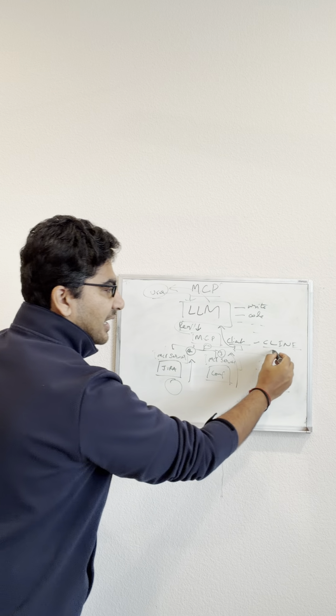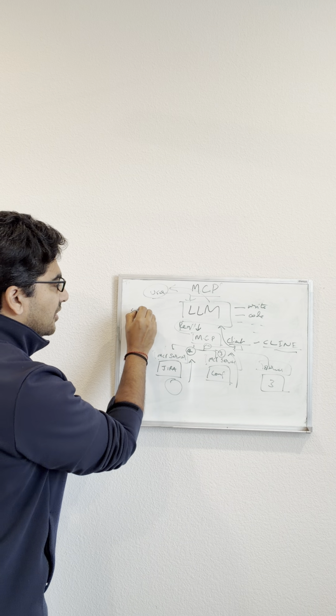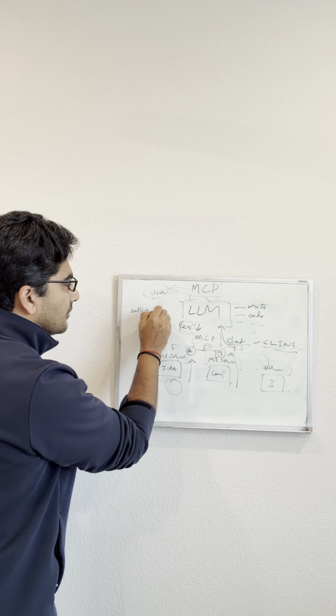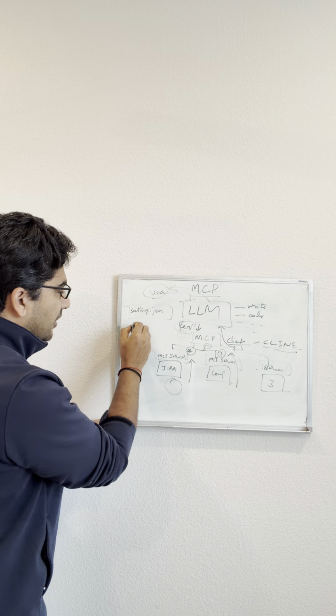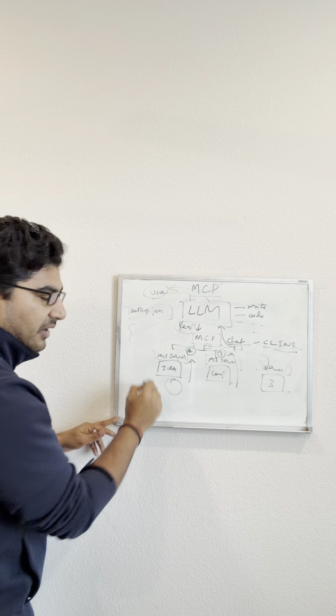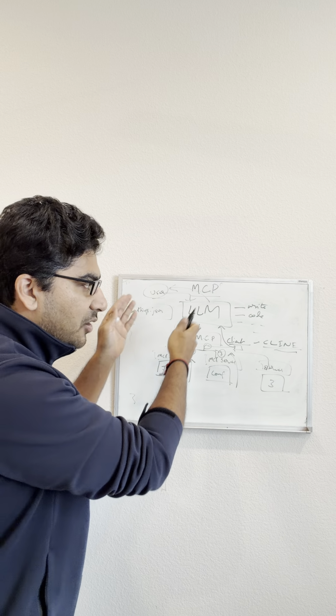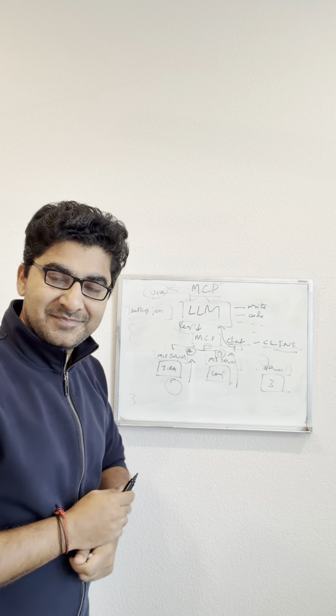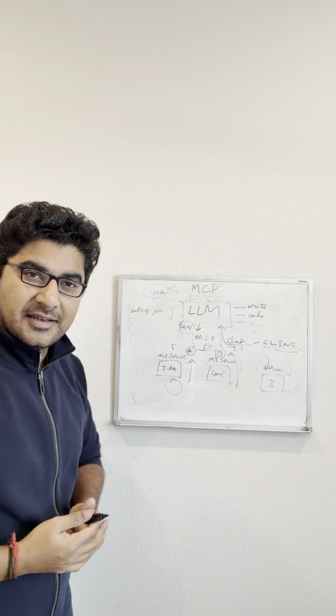So example, in a client, MCP client, there is a settings.json example. We can configure all of these MCP servers in a single file, and LLM will take care of the entire tasks and sends back to user. Right? That's a little bit of crisp explanation.